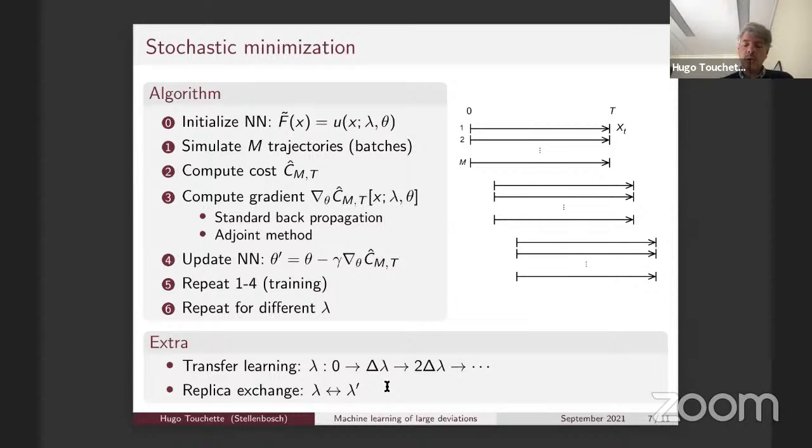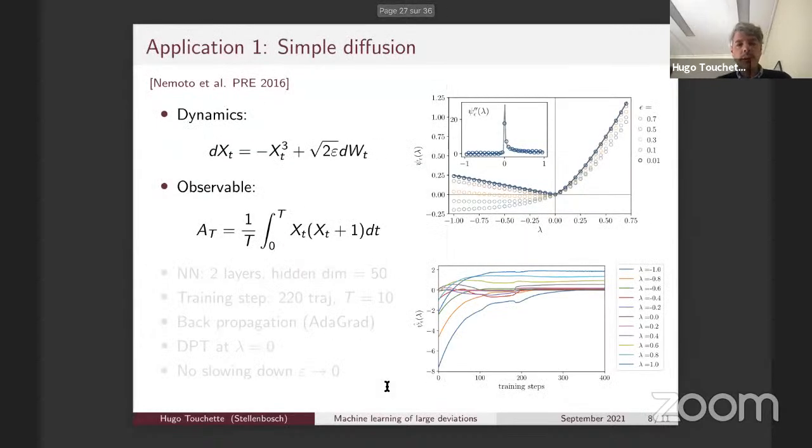You just have to be careful to track convergence to make sure that you're going somewhere. So I'm going to present now two examples, one simple and then one more involved with active Brownian particles. I'll start with the simple diffusion. This is just a test to see whether the algorithm works well in the low noise limit.